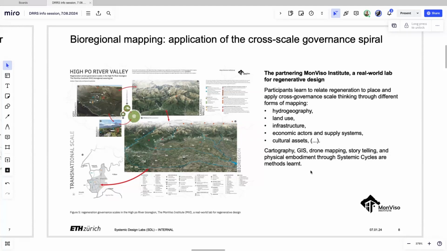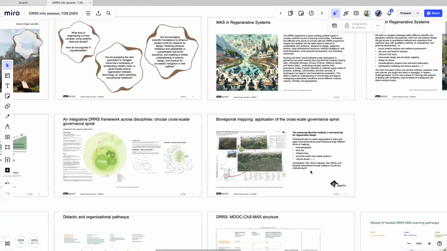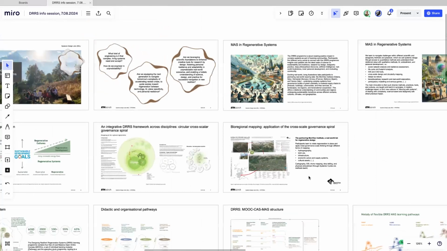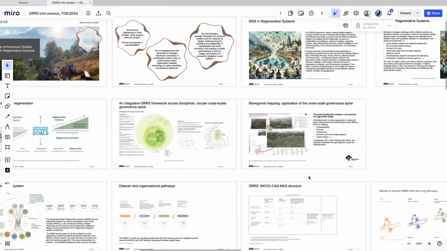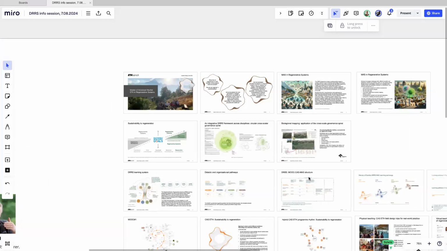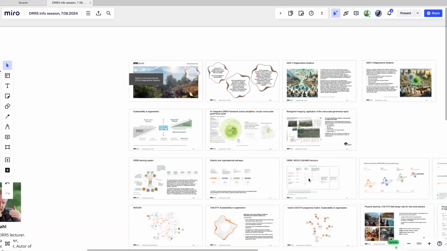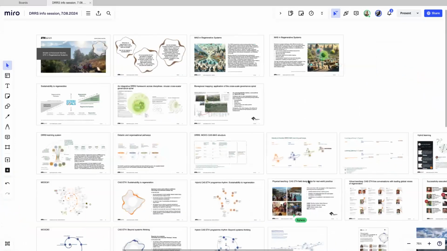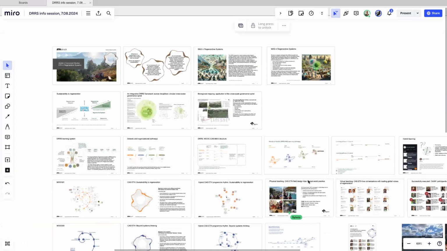So this is one example of a very rich didactic method, but also a science-based design framework that we're using. This is just a very rough introduction to the whole master program. Now we're diving a bit deeper into the next line, which is the structure and the elements of this program as it has been planned and also grown to now the full master.